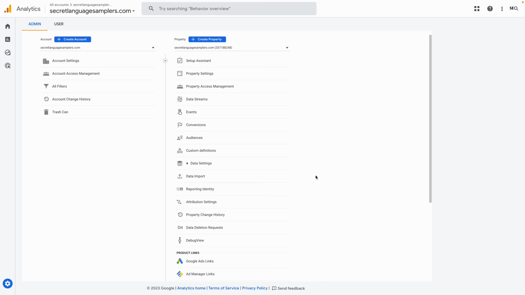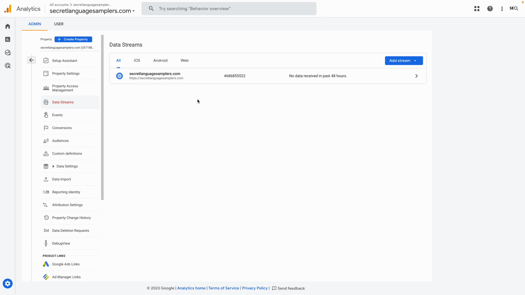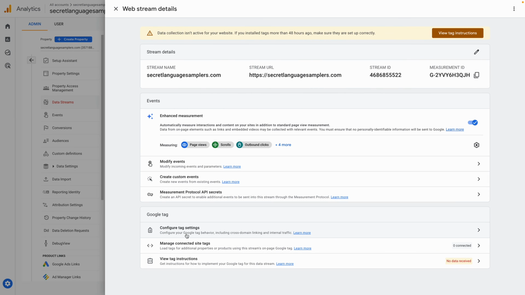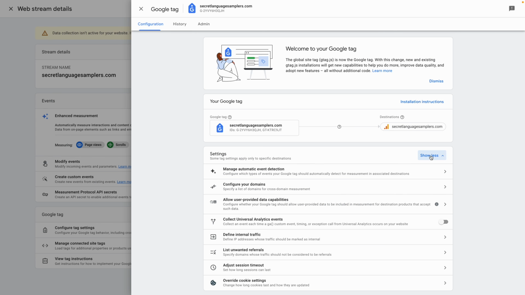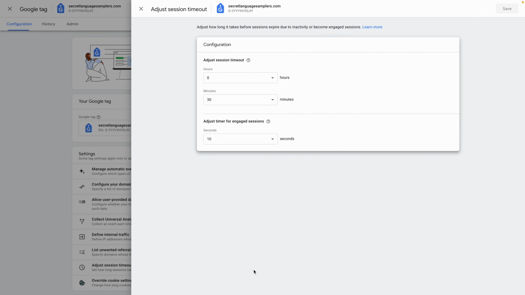So you're going to go to your admin, and again, your data streams is going to be your hub, and you can go into configure tag settings, show all, and you can see the session timeout. And you want to look at this and understand these are the defaults, but think about it like this. Add a few hours, 1, 2, 3, as the session is adjusted for a timeout, and add an adjusted timer for an engaged session from 10 to 30 seconds so we can determine what happens after they visit